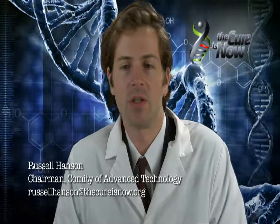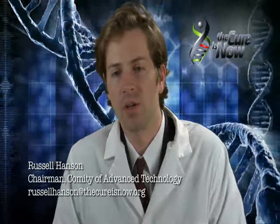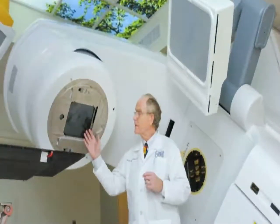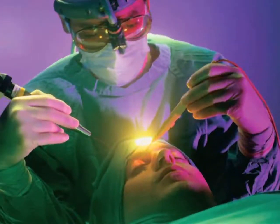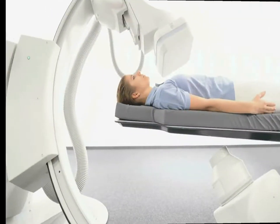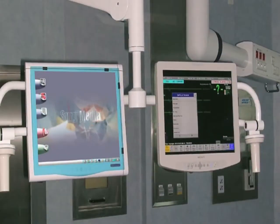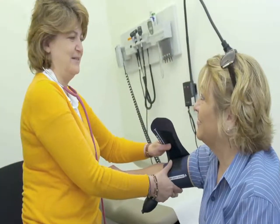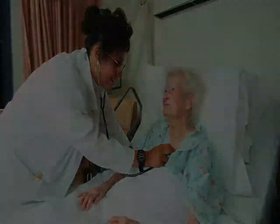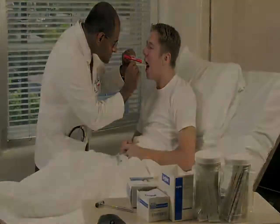The Cures Now is working on funding research to help cure diseases and develop new technologies to enable doctors to work with patients in a better way. We're really dedicated towards bringing advanced technologies to the clinic. We believe there is a lot of disconnect between medical devices and the way doctors want to treat patients and what can be done. We believe strongly that the funding that the Cures Now is using can help develop and really get them in the hands of the practitioners in emergency rooms and cancer institutes, everywhere that they can be